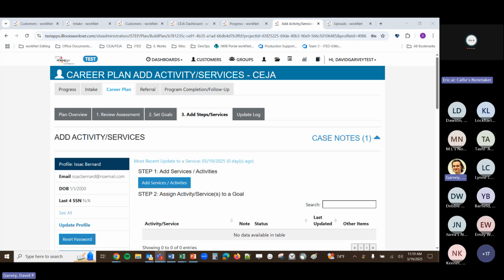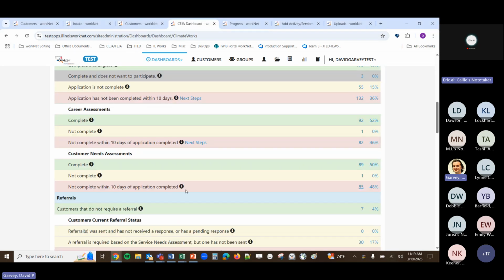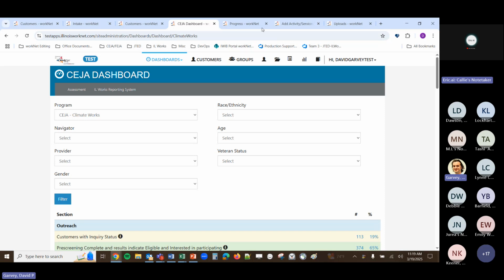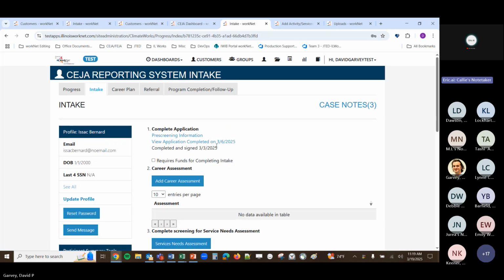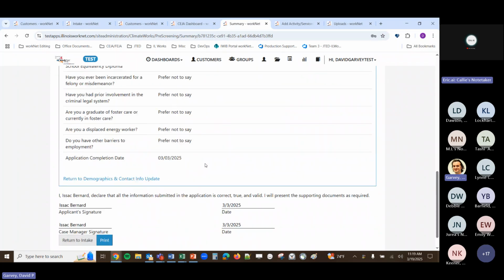Oh, okay. Yes. So there was an issue that's been identified. We'll need our programmers to correct. I can select this tab here. Maybe this won't be the best example if the application's already signed.